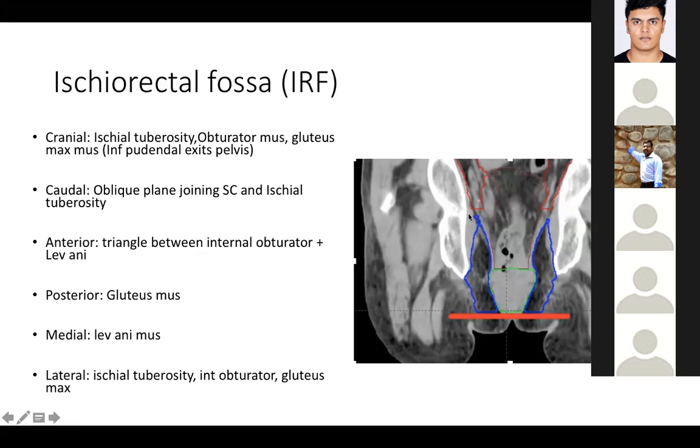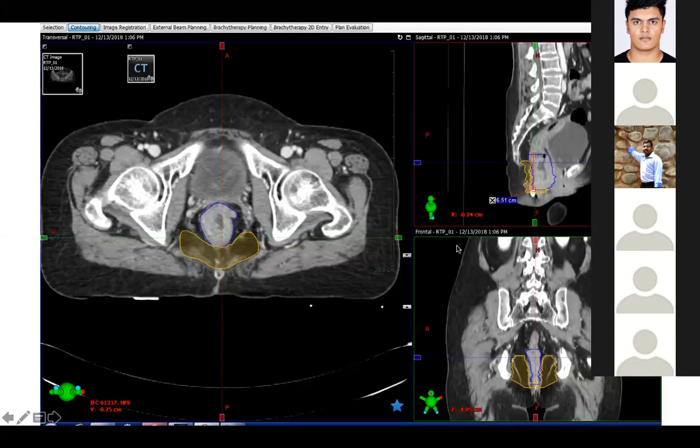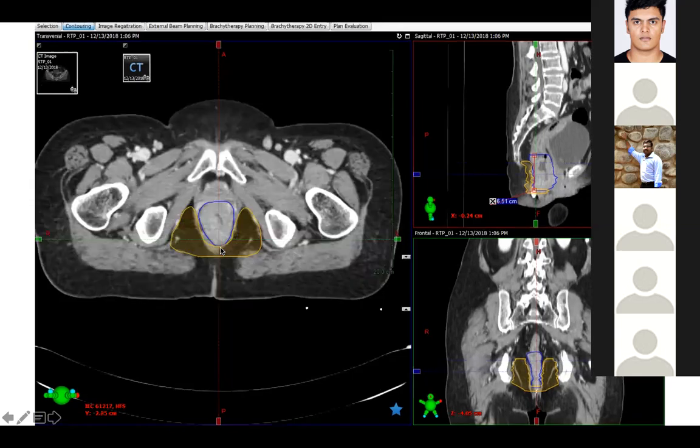So the boundaries would be the obturator internus, the levator ani, and lower down the ischial tuberosity. It's easy to remember and easy to contour also. Posteriorly, the gluteus maximus comes into play. For the anterior border, we draw a ventral plane, and we don't go all the way down into the soft tissue plane because there is no boundary in the fat there. So the conventional approach is not to cross beyond the gluteus maximus when drawing the ischiorectal fat pad. This is just a ventral sort of plane, and we don't go down over here.